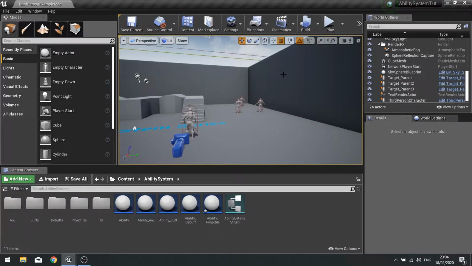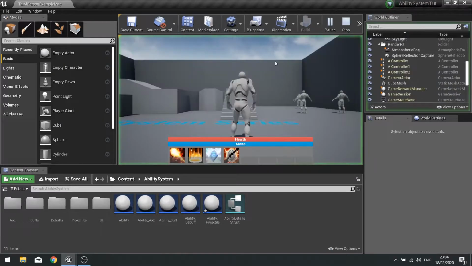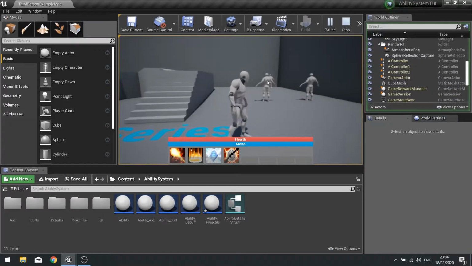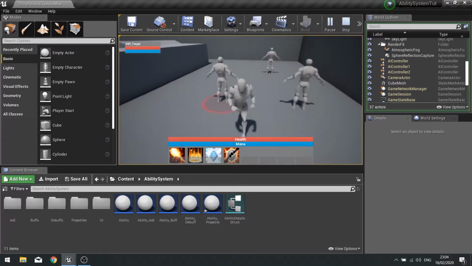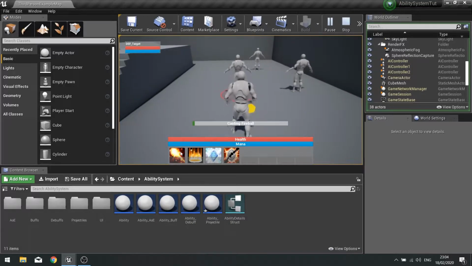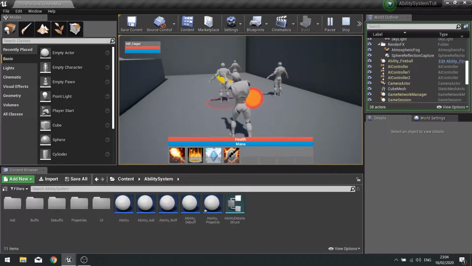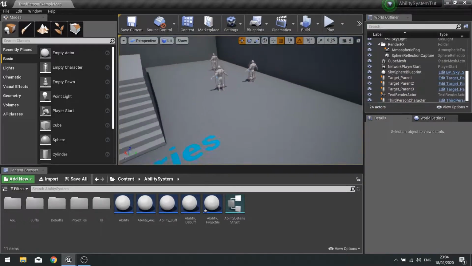In this series we've been covering how to create an ability system inside the blueprints. What we're doing in this episode is taking what we've done so far and adding the ability to actually damage or heal or have an effect on the targets themselves based on these abilities. Because at the moment, if I shoot a fireball in its direction, the fireball will just fly through it and do nothing. Okay, so we need to fix a few things here.